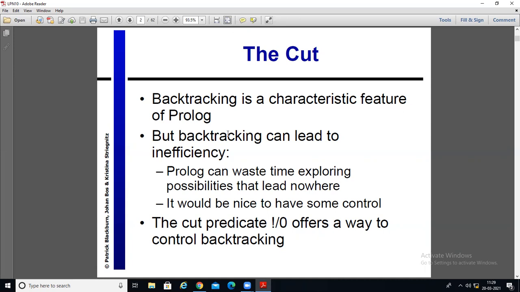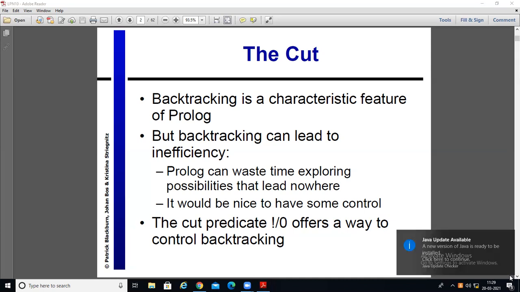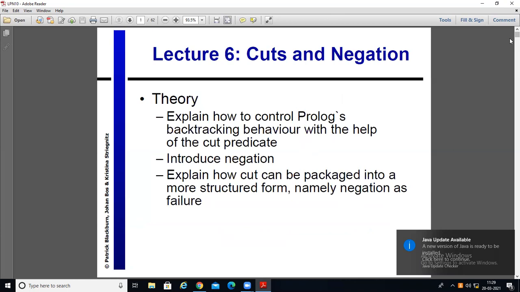Suppose you have the parent predicate written 5 times. Even if the match is found in the first predicate itself, for the remaining 4 predicates also it will check and return no, no, no, no. So that is where backtracking comes into the picture and it makes your code inefficient. So cut and fail can rescue you in making efficient code. Here we are going to discuss cut and fail with examples. So moving ahead, discussing the example of cut and fail.